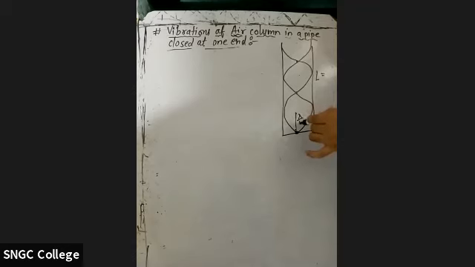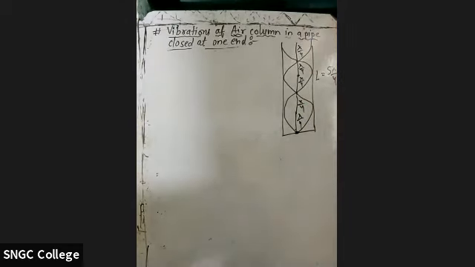It is lambda by 4. Then from here to here it is lambda by 4. So 2 lambda by 4 हो गया. Now from here to here lambda by 4. So 3 lambda by 4. From here to here lambda by 4. 4 lambda by 4. And again from here to here lambda by 4. So basically we have 5 lambda by 4. So this is the length of the air column. Okay. You know how to count this? ये तो समझा ना? यस सर।